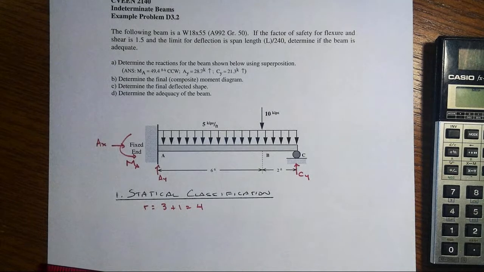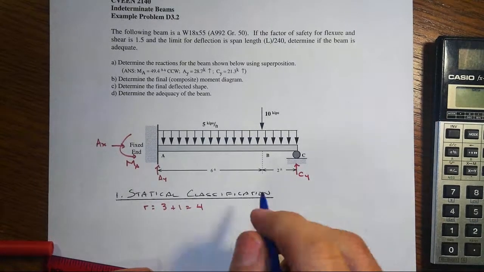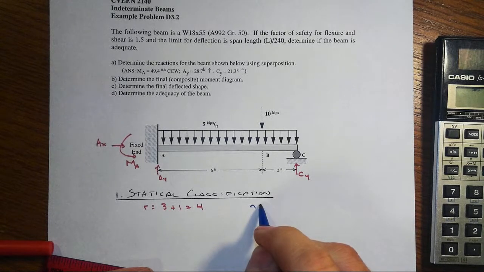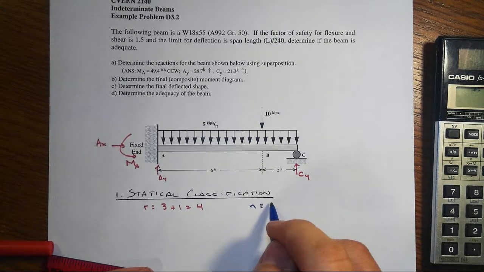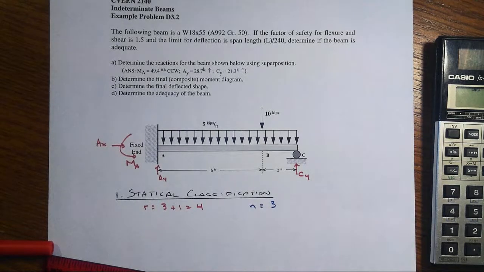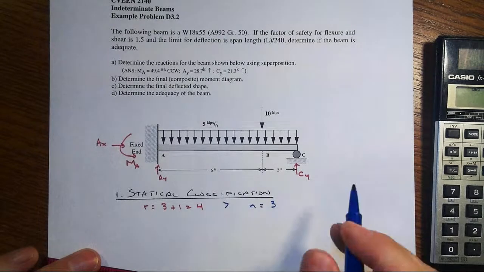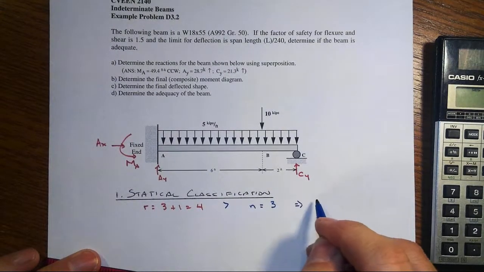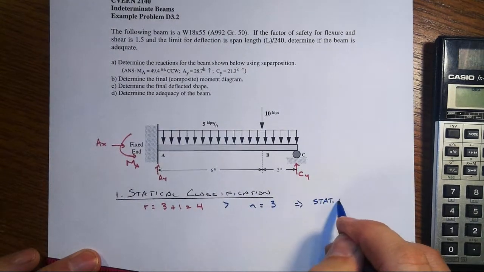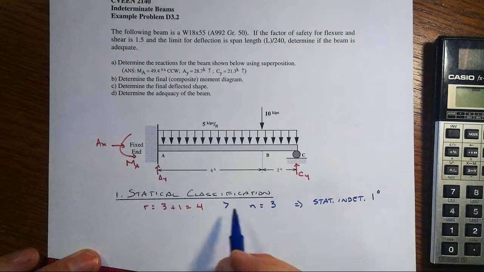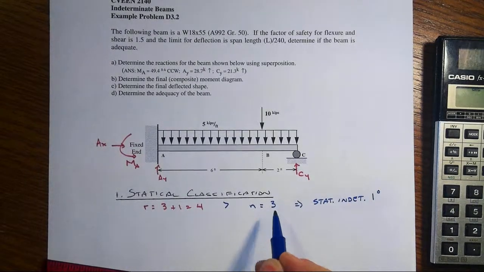We're going to compare that to the number of independent equations of equilibrium that we have. Now we have no special conditions such as hinges, so in 2D then we just have your typical 3: sum of forces in x, sum of forces in y, sum of moments about a single point. Given that 4 is greater than 3, what we conclude then is that this is a statically indeterminate structure to the first degree because we're one greater in reaction components than we are